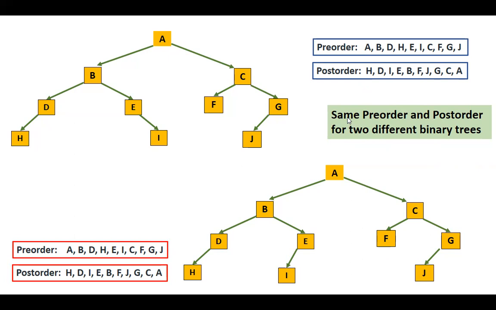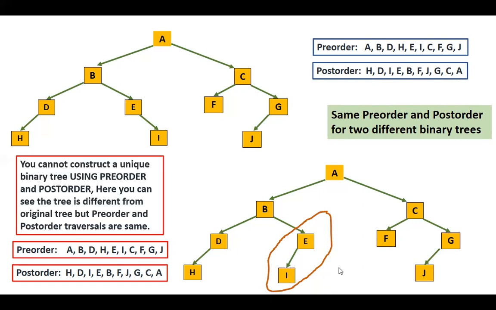Because we are saying they are having the same pre-order and post-order for two different trees. Now these are two different trees. And if you carry out the pre-order and post-order traversal of both the trees, it is exactly the same. Just do it and see. But there are two different binary trees with the same pre-order and post-order, right? Where is the difference? You can see here. I here is right child, and in this case, I is left child of E. See the difference of the tree.